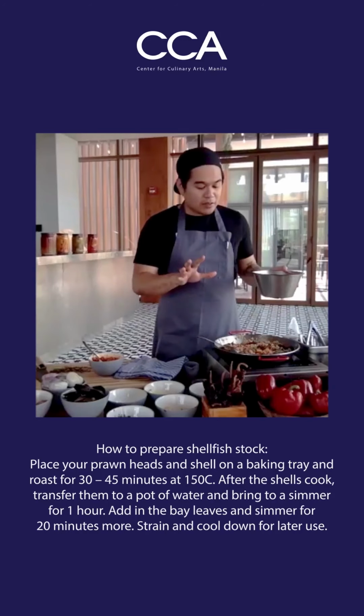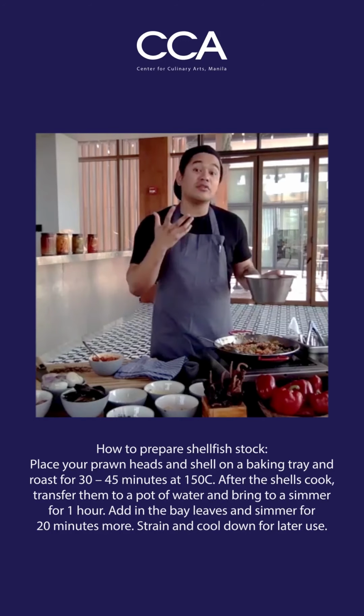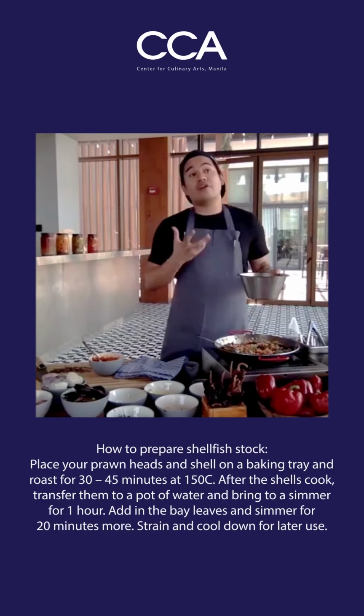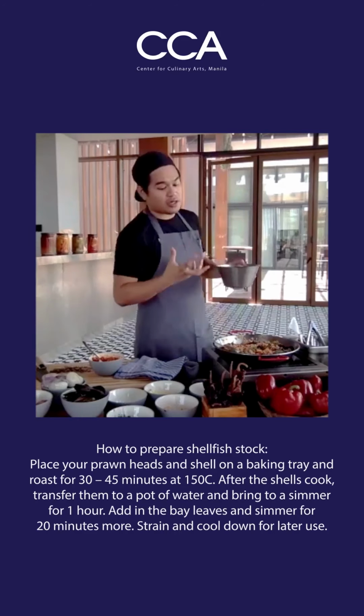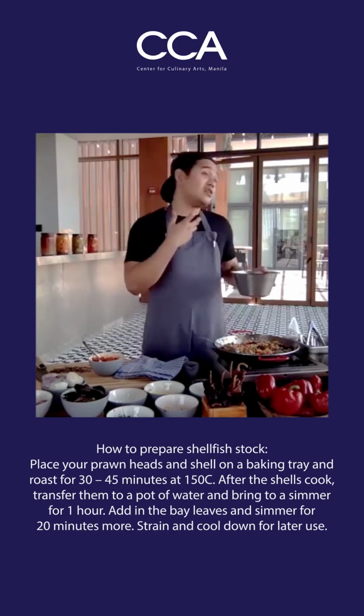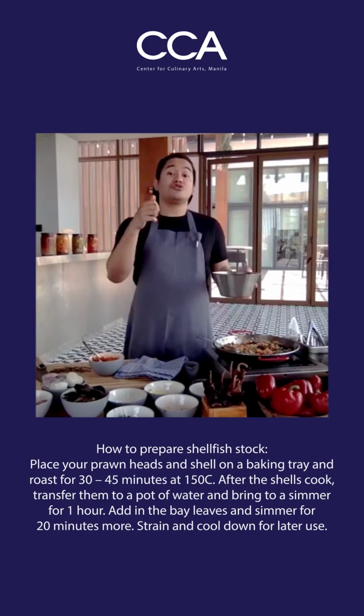See, the problem nowadays as well, a lot of chefs put a lot of ingredients on your plate that you don't know what you're eating anymore. So it's very important that you focus on 3 or 4 major ingredients in your dish so that you don't confuse whoever's eating it. So what I do with my shellfish stock is just basically shells of lobsters and shrimp